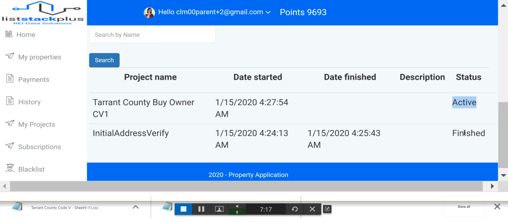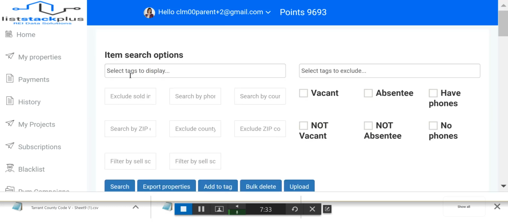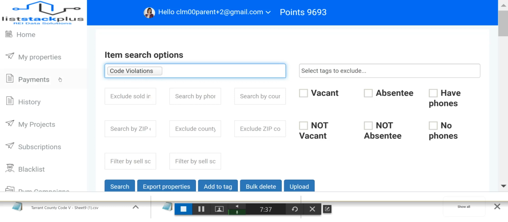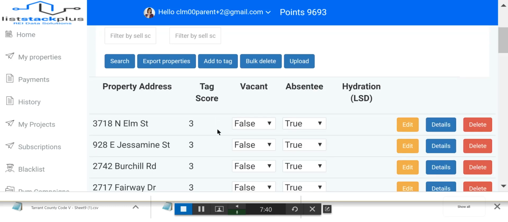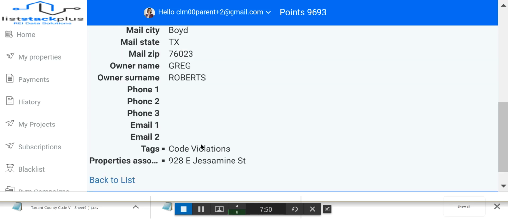And you can see here that whenever things are running at the bottom of the projects, this is the initial address verification with vacancy status given to it. So we'll let that process. After waiting a few minutes, we can come back and pull back up the code violations tag in My Properties, and if we click on any of them, we can see that the mail address and the owner's name has been appended to